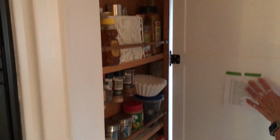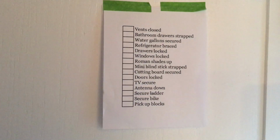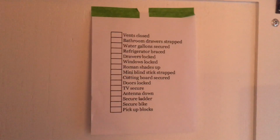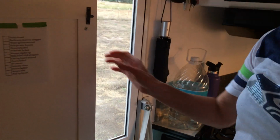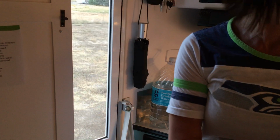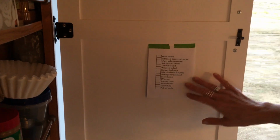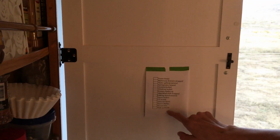They love us. So here's my checklist, and I just go through it every time, make sure the vents are closed. Great idea. Water gallons secured. I think I told you the story, you know, that falls off. It's pretty unsettling when you're driving. Do you bungee that? I don't. I just stick them in the floor of the shower. That's a great idea to have a checklist. It helps me not forget, and then pick up blocks because a lot of times I